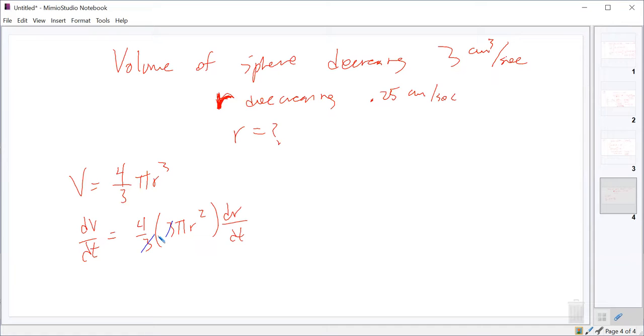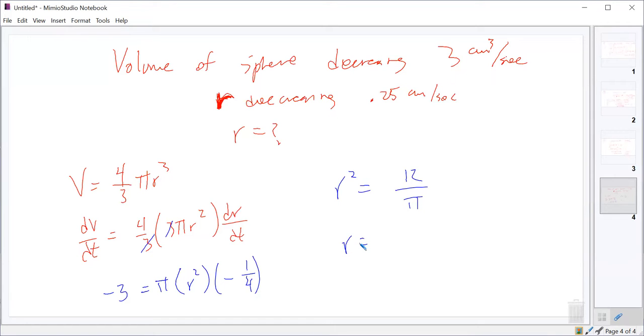And then we've got the volume of the sphere is decreasing at 3 centimeters per second. So that's our dV/dt. And since it's decreasing, we'll make that a negative value, -3. And then we've got pi, we've got our radius squared, which is what we're looking for. We're looking for the value of the radius. And then our dr/dt is this -0.25 or -1/4. And so it looks like we end up with r squared equals, if we multiply the -4 over, that's a 12, divided by the pi, we get r squared equals 12 over pi, or r equals